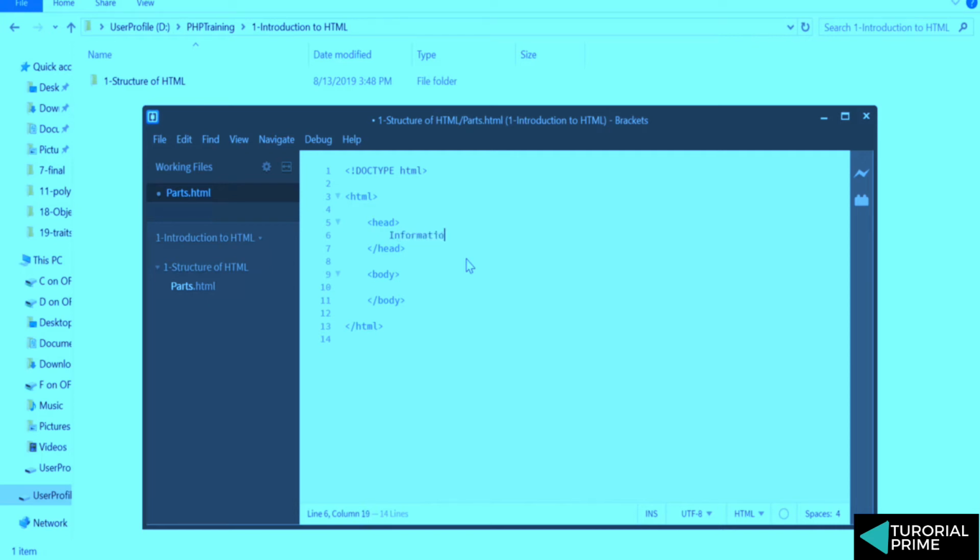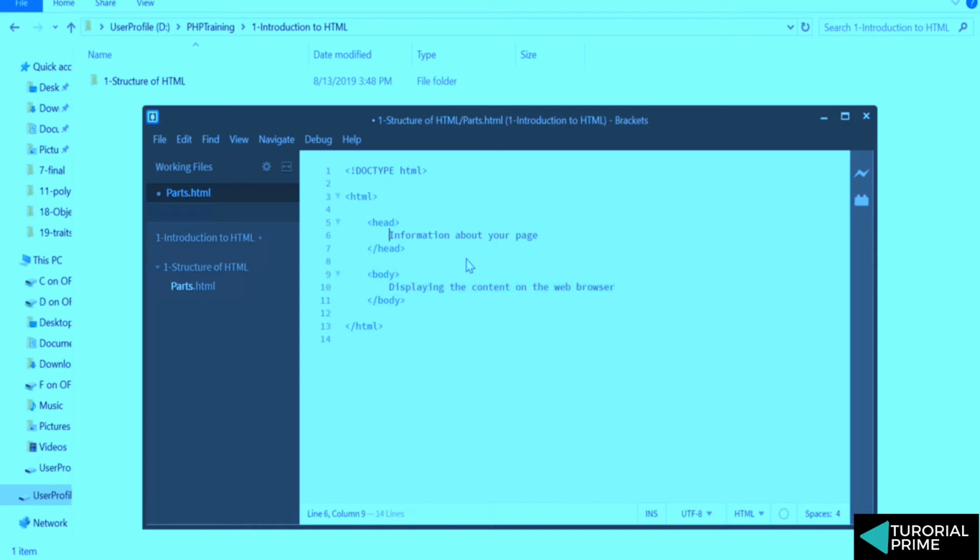This is the information about your page. This is for displaying the content on the web browser. So anything that you want to display on the web page or the web browser, you write it under the body. Anything you want to mention about this page, like metadata, like your title and everything you want to mention about your page, you define under head. So whatever you define under head is not visible. Everything that you define inside the body is basically visible on the page.